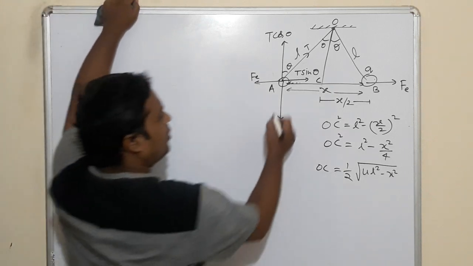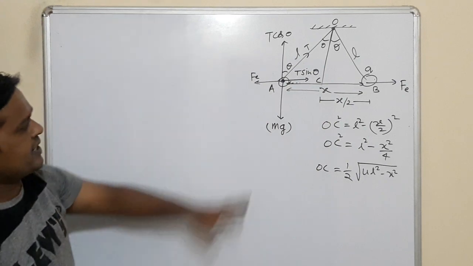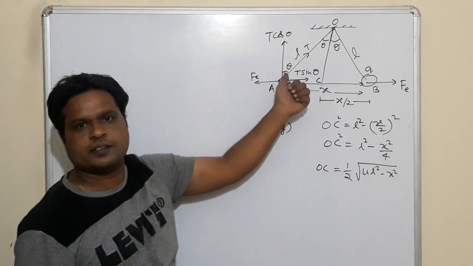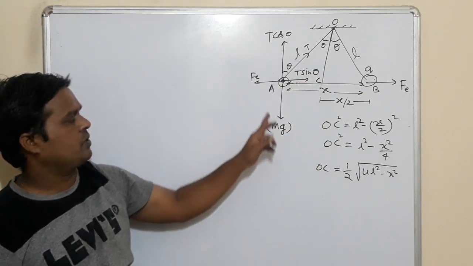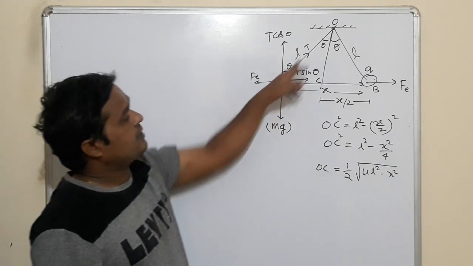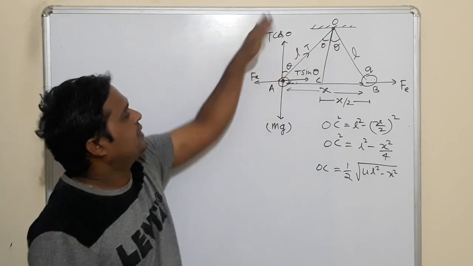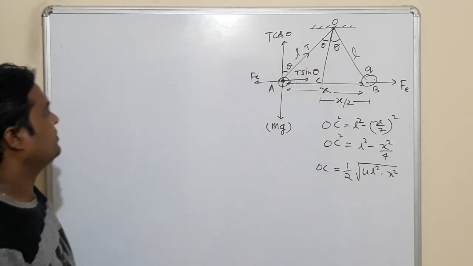These are the possible forces acting on both the spheres. I mentioned all the forces here. See, in this direction which force is acting? Electrostatic force. In this direction, weight of the sphere is acting. Then in this direction what is there? This is the tension in the string, which I resolved into two components.